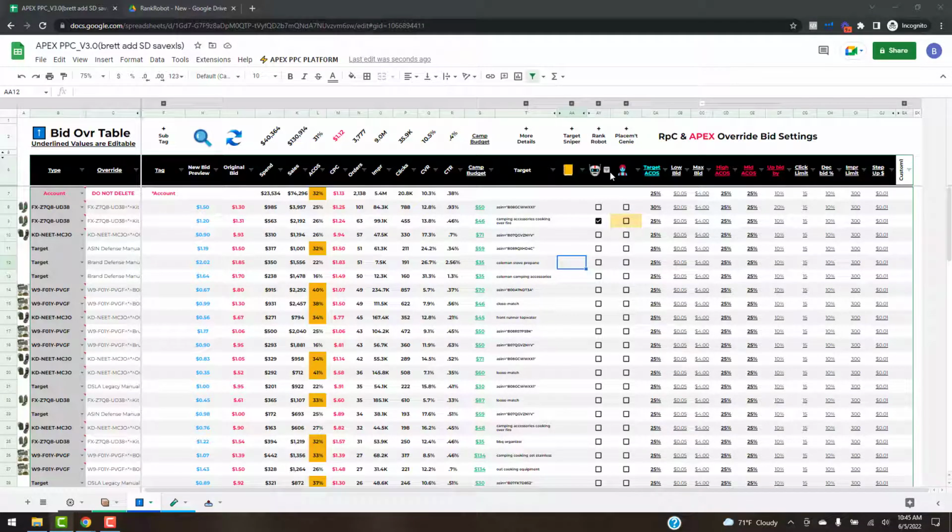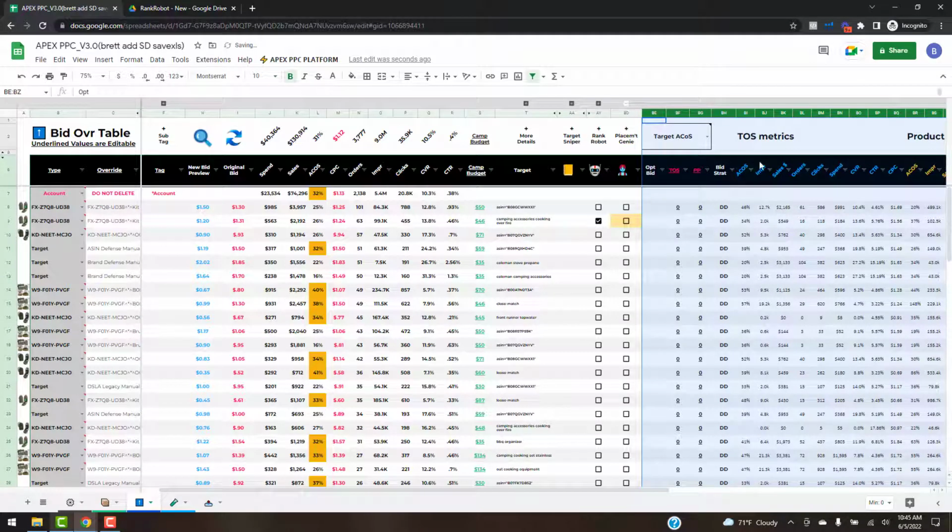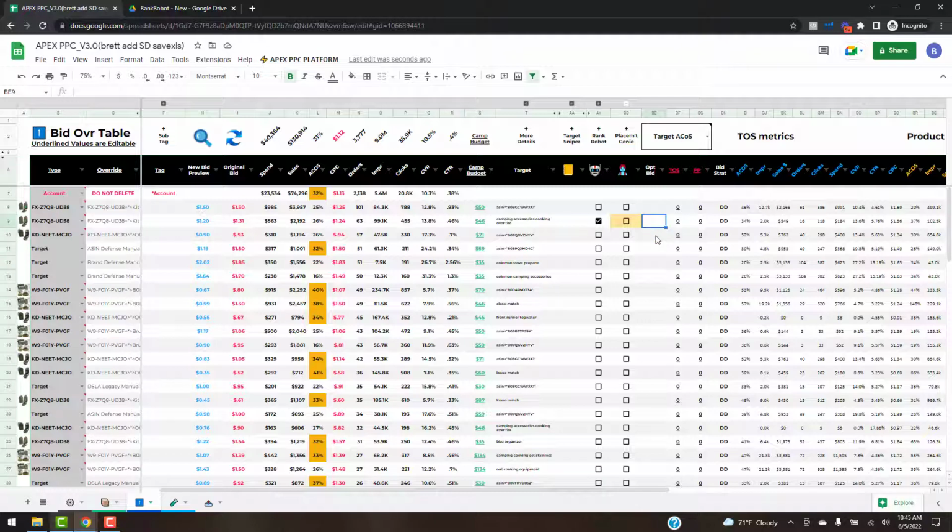All right, so in this video, we're going to be talking about the new Placement Genie feature. The purpose of the Placement Genie is to help you optimize your placement modifiers, especially if you've got single keyword campaigns where you can really have a lot of control with targeting different placements like top of search or product pages. And I mentioned in the previous video a little bit around some of the new inline editing